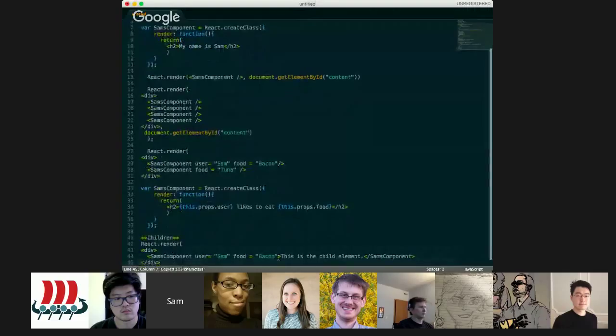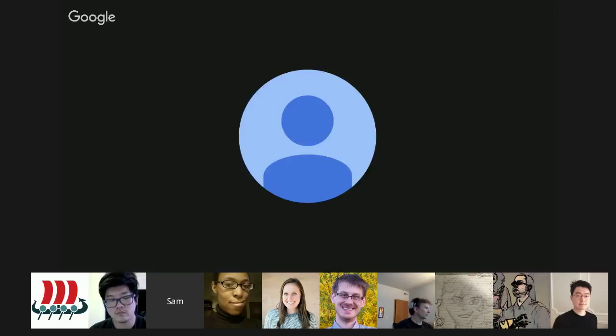If we have, you can see on line 44, in the close bracket of the component, this is the child element. And the handy thing about